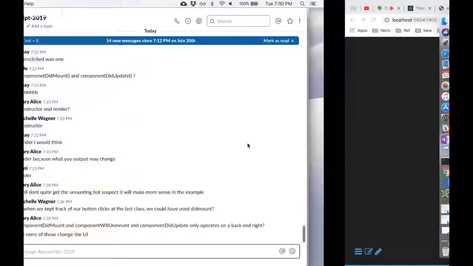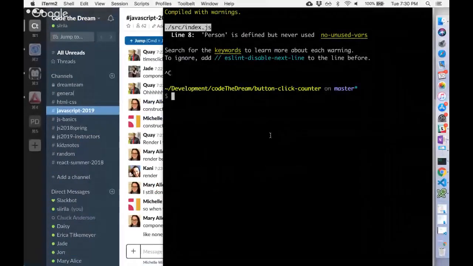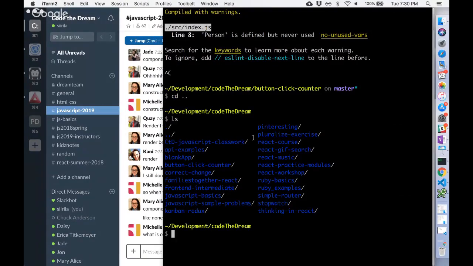So let me see what we have here. All right, I'm going to spin up a new Create React App, I think. Do I have a clock? I probably already have a clock here, but I'm going to try and spin up a new one.